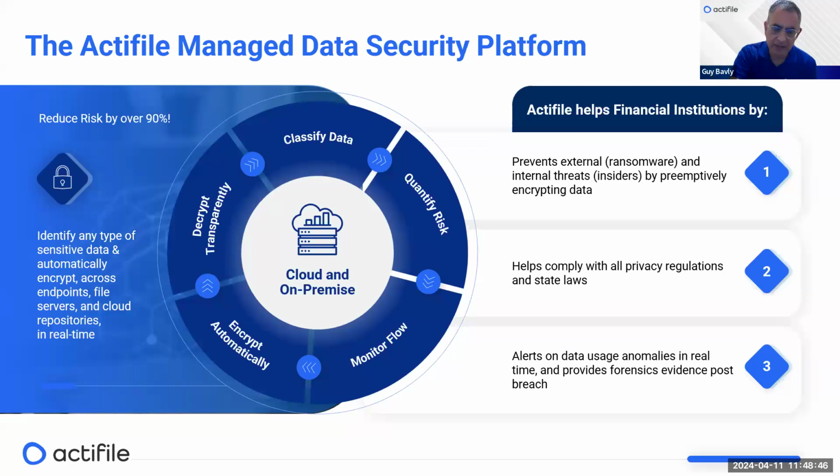But take it a step further to encrypt or provide data usage anomalies that are very smart, because we're doing the classification and the data risk quantification. I can set a threshold and say, as long as per day or per week there is only $1,000 worth of data leaving the organization, I'm okay with it. That's under the radar. But if I cross the $1,000 per that time period, I want to do something.